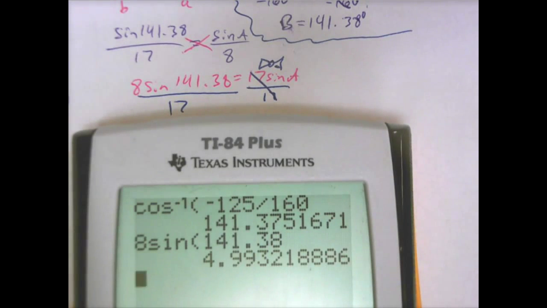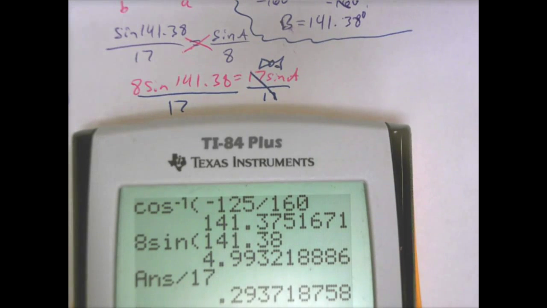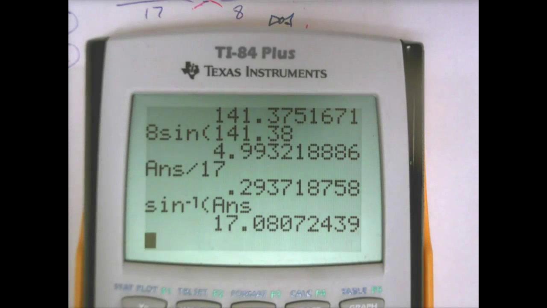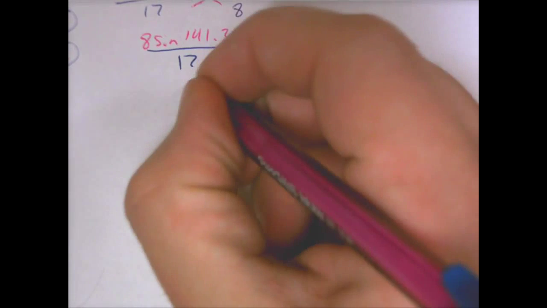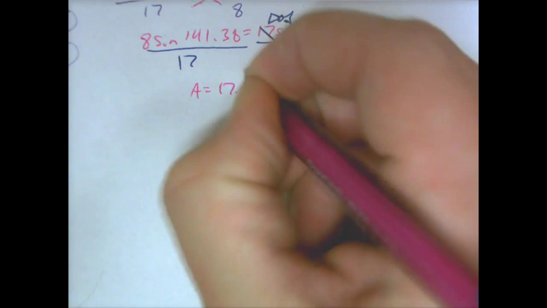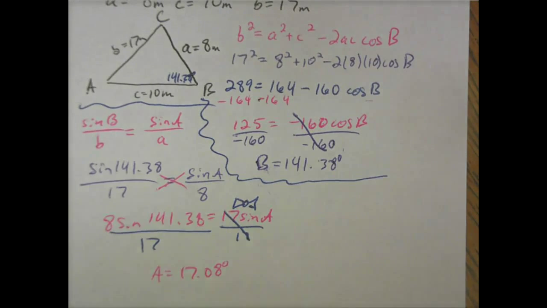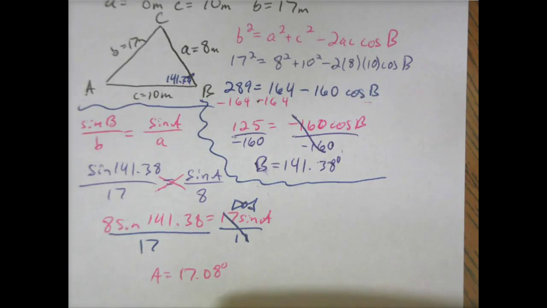Simon? Divide by 17. Take sine inverse of your answer. Yay, 17.08. So A is 17.08 degrees. You know there's 180 degrees in a triangle, so you can subtract those both from the triangle to figure out your final angle. So 180 minus 17.08 minus